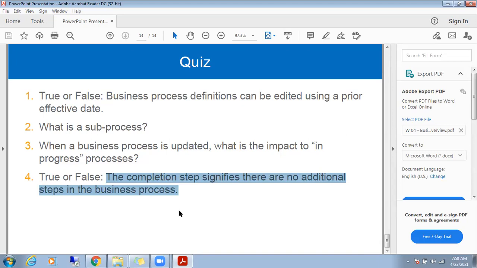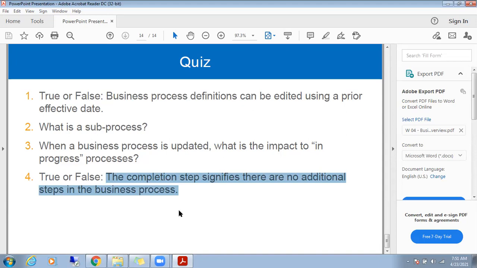It can be correct, but it's a bit of a contradictory statement, because there are some steps that we cannot do directly in the system, for example background verification. Until we get that background check or some documents that might be needed, some may accept the statement, some may say no, it's completed.